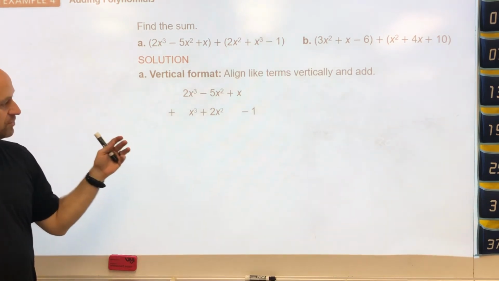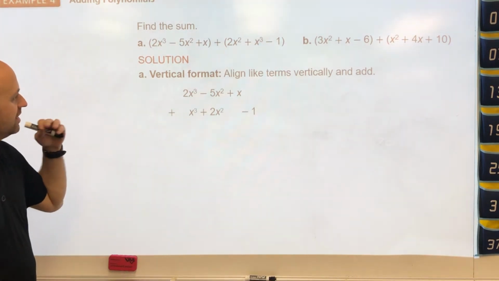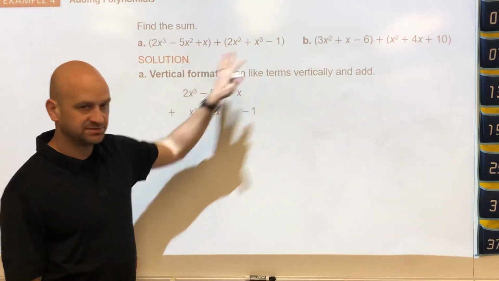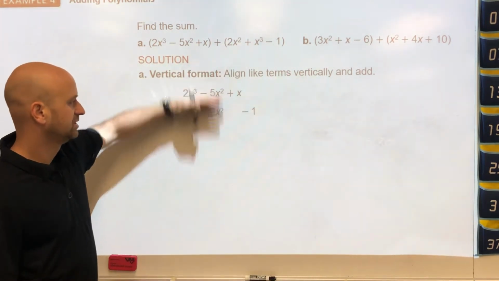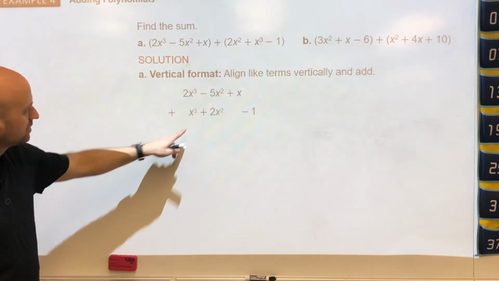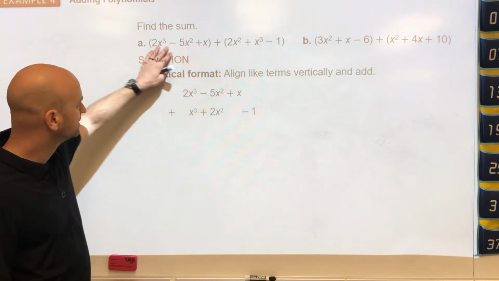And so there's a couple ways that you can do this. Right? There's a horizontal and a vertical. So if you understand that we're combining like terms, we can also do this in a vertical format or a horizontal format. So what they did here is we rewrote this first